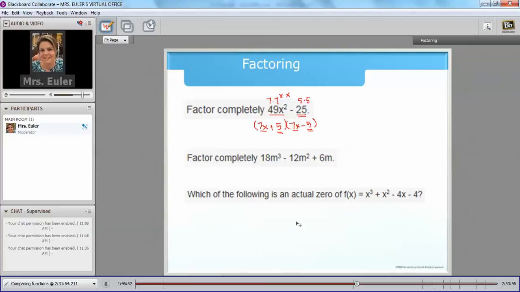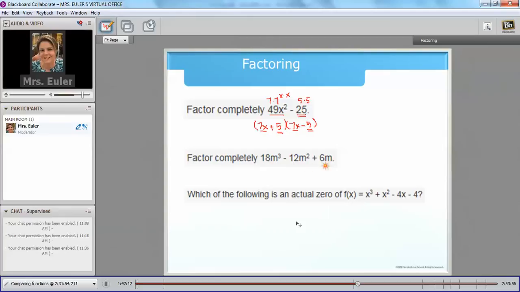One is always positive, one is always negative. That's the pattern. So the difference of squares simply factors into splitting the first term and splitting the second term. One's positive, one's negative. All right, so when we look at a polynomial that is a trinomial, it's got 3